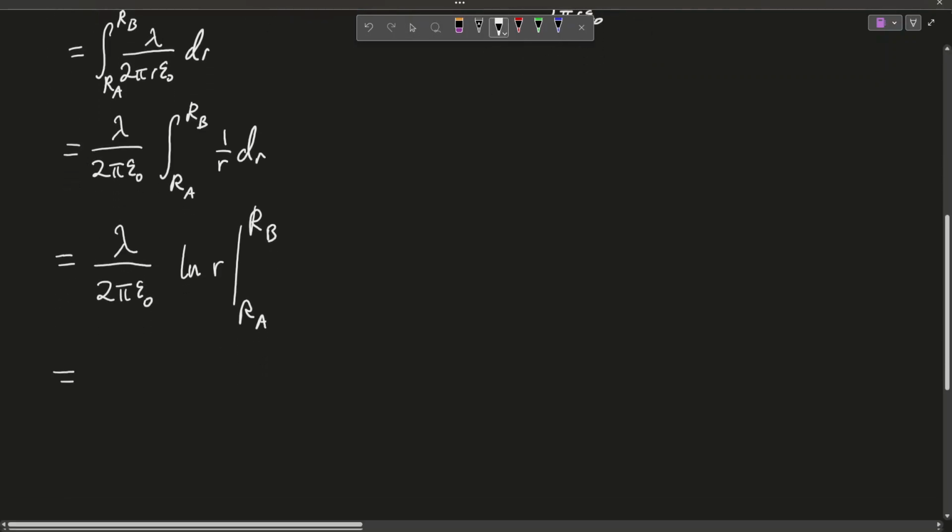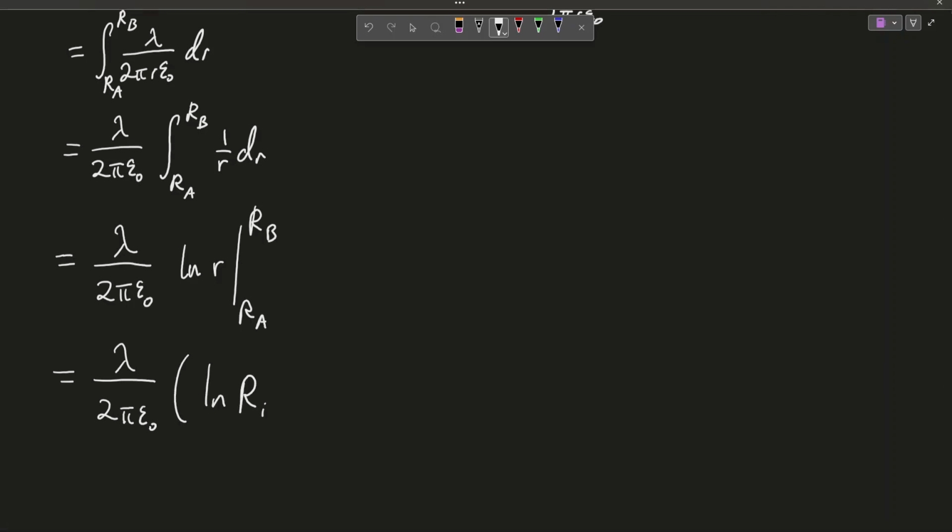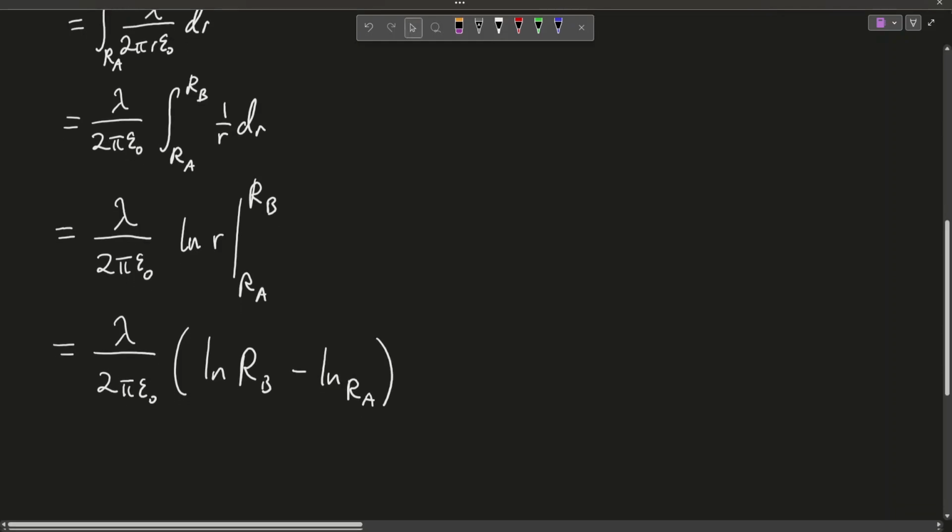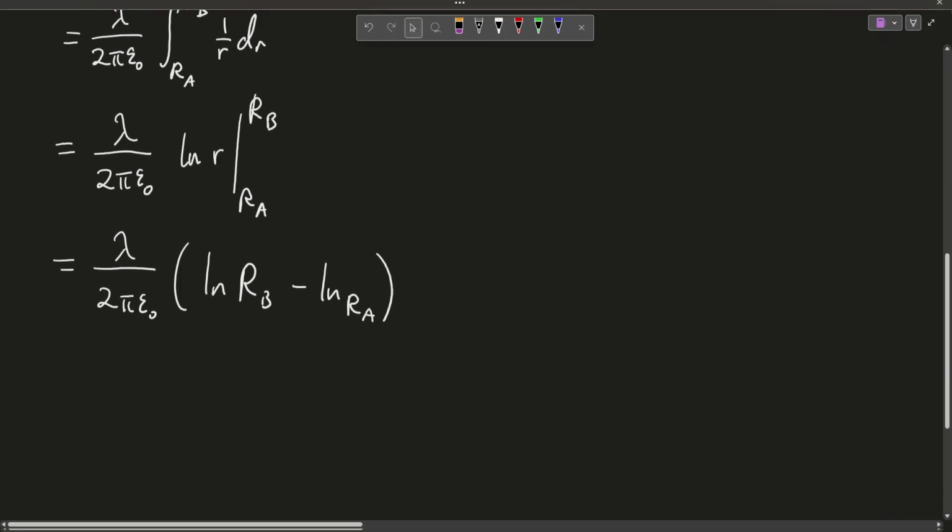So we end up with lambda over 2 pi epsilon naught times ln RB minus ln RA, which, if you remember your logarithm rules,